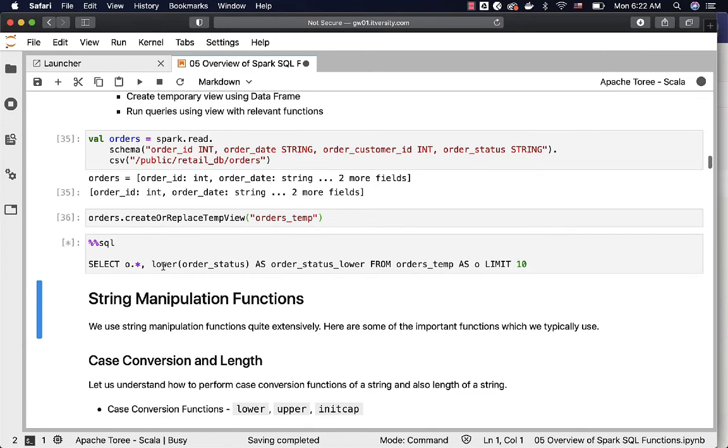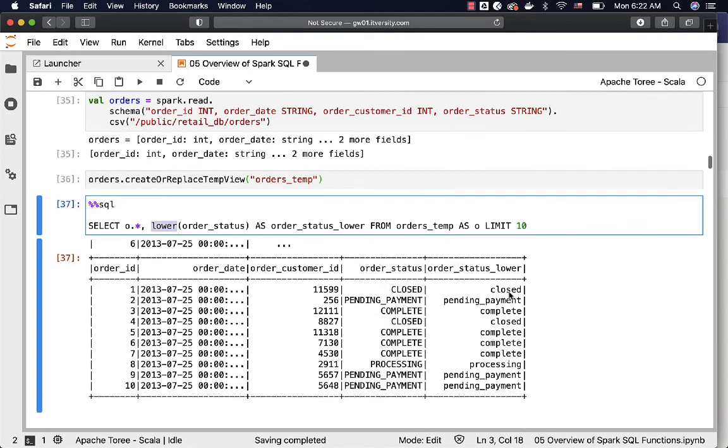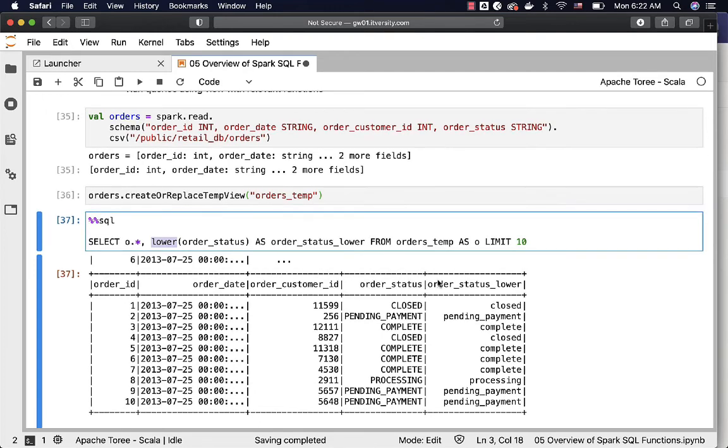In this case, I am trying to validate my lower function to see if lower is converting the values in order status to lower case or not. This is how you can use different approaches to validate your functions before implementing those as part of your projects while implementing the business logic. This is a very important step which you need to keep in mind. You should not just jump into the project and start writing the queries with the functions directly. You should understand whether the function is serving your purpose or not before using it in your application. It will eliminate a lot of issues as part of your project, such as bugs, performance issues, etc.